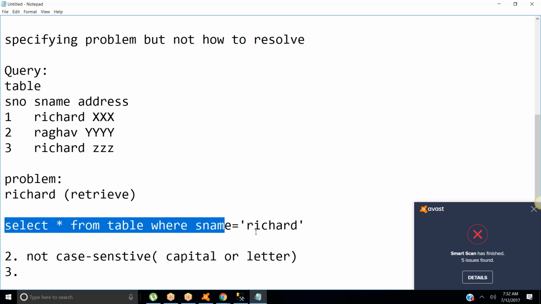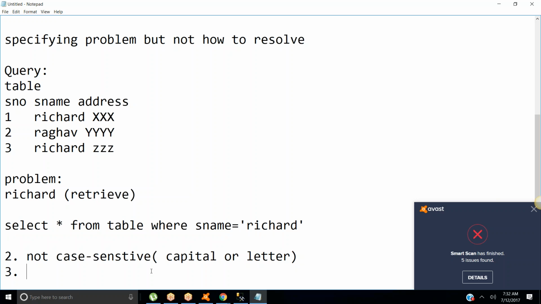Small letters or capital letters, no need to worry about that. And also, what is another feature? Generally, in olden days,